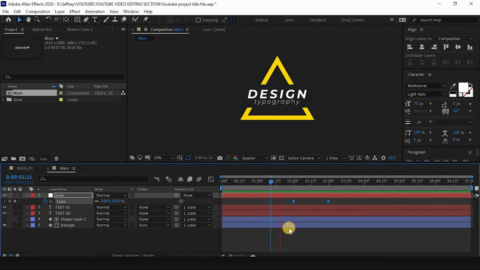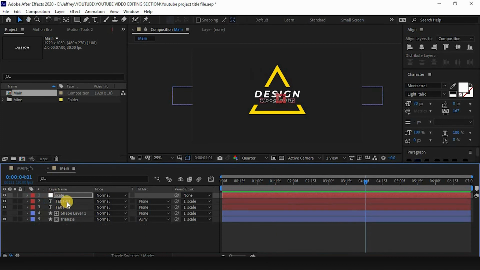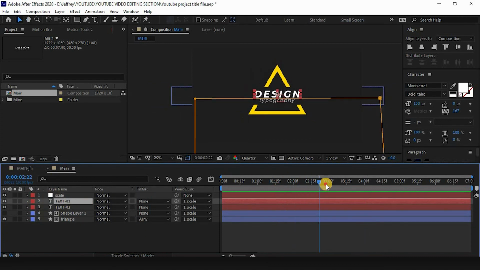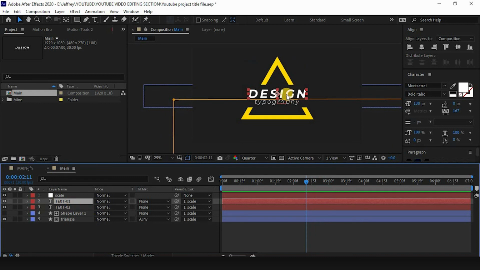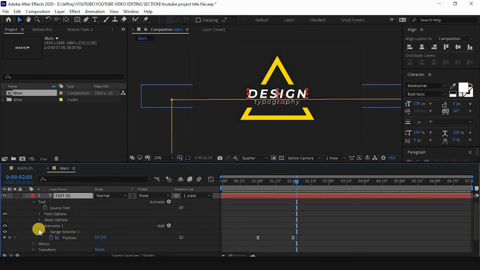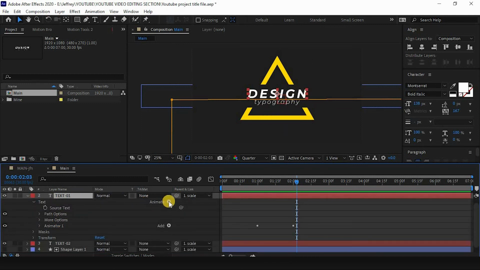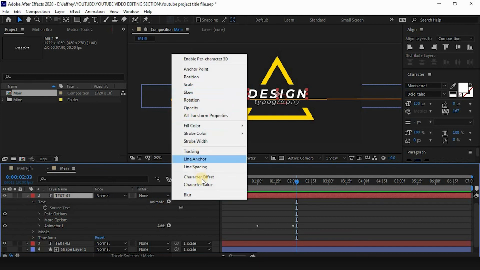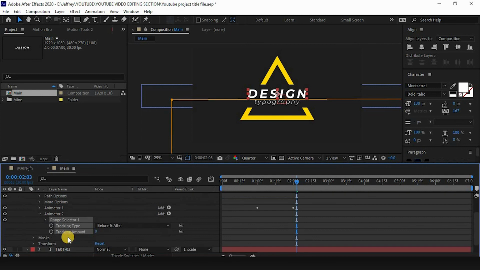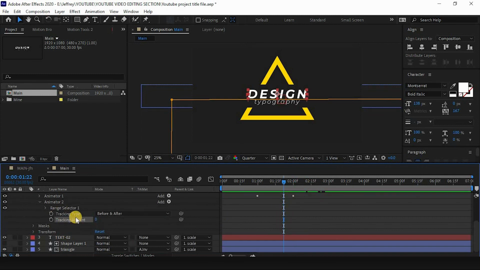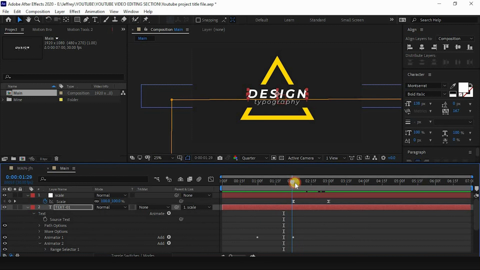That's kind of cool. So we are done with the basic editing. Now I'm going to add an animator property to the text layer, which you see right over here. You can see that it's just masking and revealing, and doesn't look that unique. In the text layer, that is the text number 1, the big text, open the text layer number 1 and click on the Animate option right over here, and you can see something called Tracking over here. Now in the tracking amount, which you see right over here,